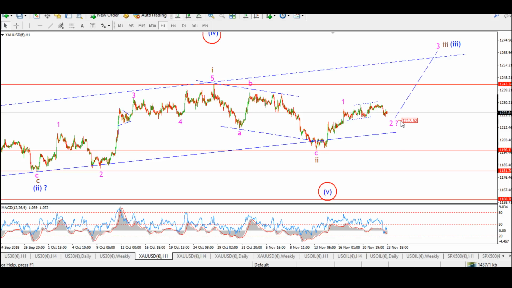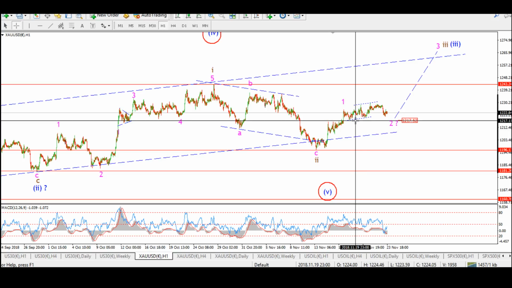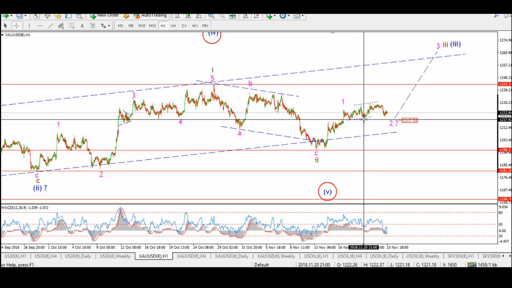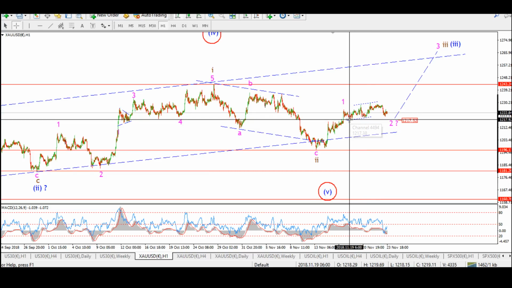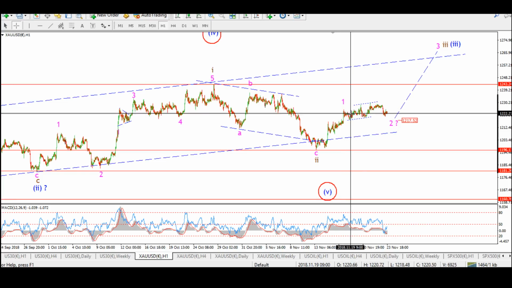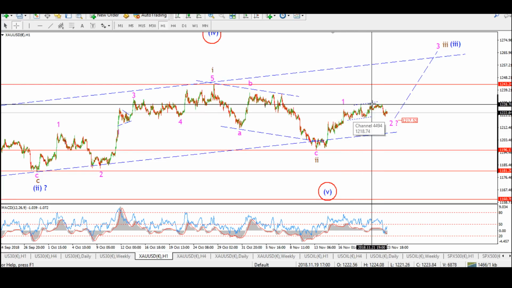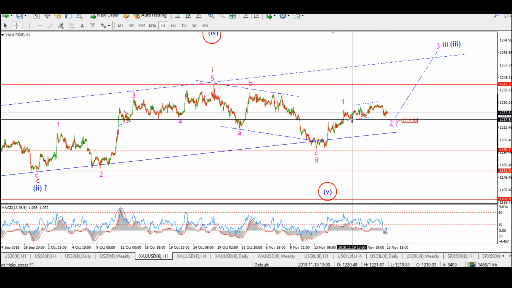I was suggesting about 1217 for that to happen, but it could be a running flat as well. We may have completed at 1220 this evening's low. But for now, I'm going to stick with 1217, and that'll be a slight break of that previous. If you were to look at this as a three-wave move, that would be wave A, B, and C. So that would be a slight break of that 12.1790 or 12.18